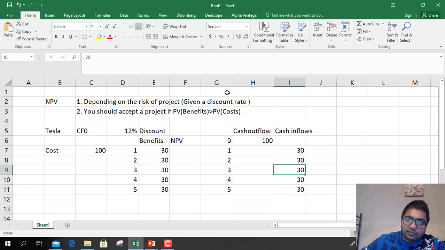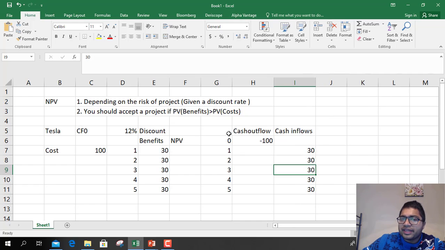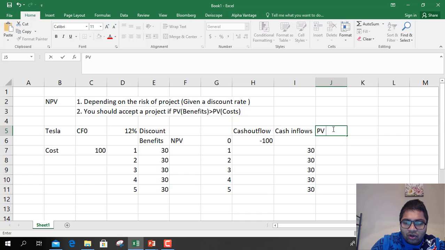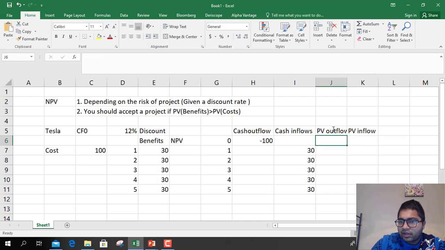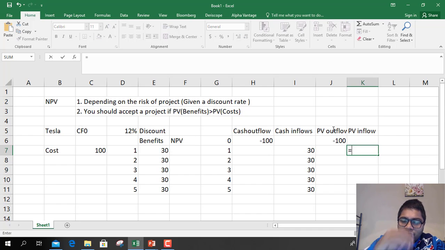Okay. So how would you decide? We need to calculate present value of outflows, that is cost. We need to calculate present value of inflows, that is these inflows. So how to do that? Present value of outflow, it is happening right now, time 0. So for present value, you don't have to discount. It is 100 itself because the outflow is happening right away. Present value of inflow, you need to calculate that.